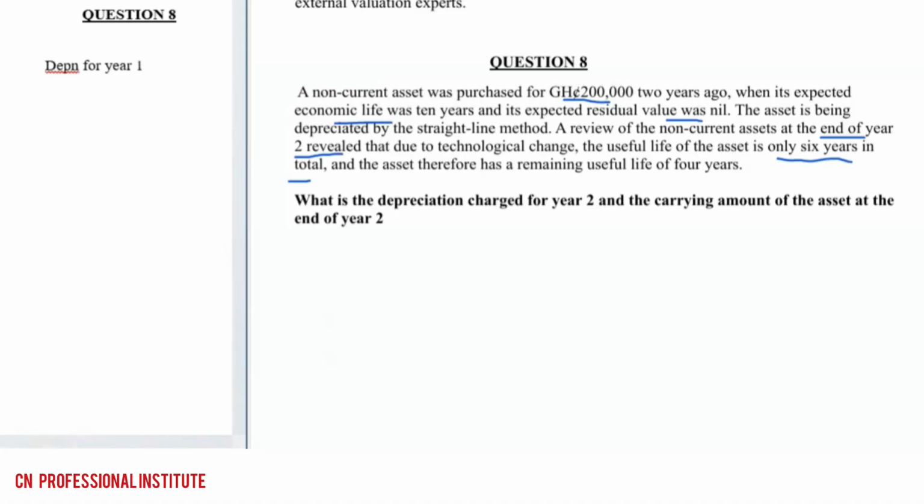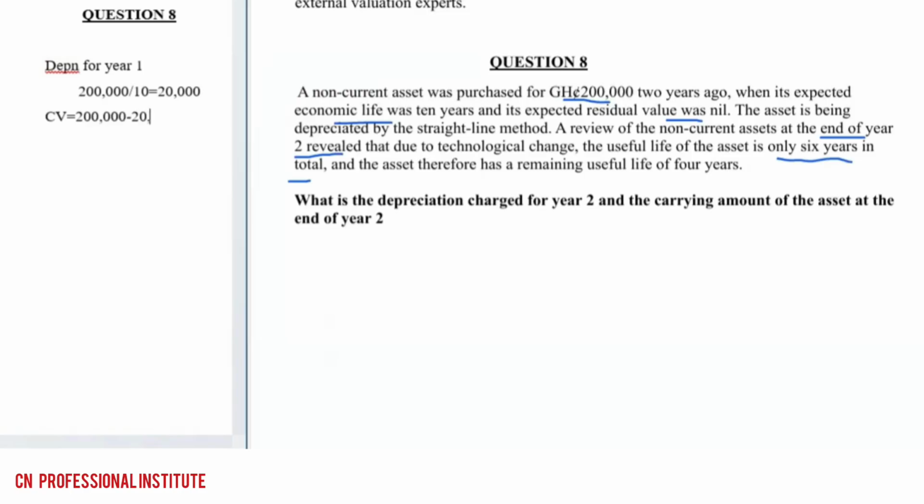So for year one, we are going to use the original life because the change happened in year two. So we have 200,000 divided by 10, and that gives us 20,000. So the 20,000 is depreciation for year one. So the current value at the end of year one will be the 200,000